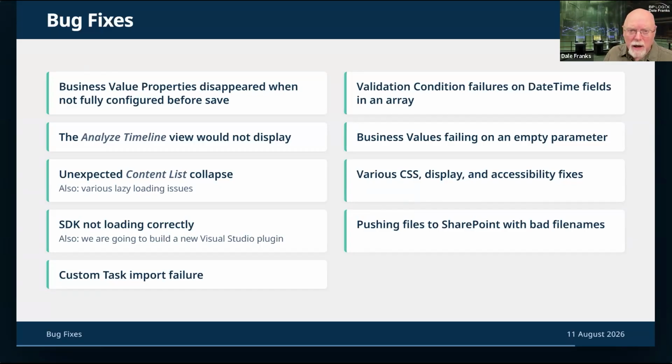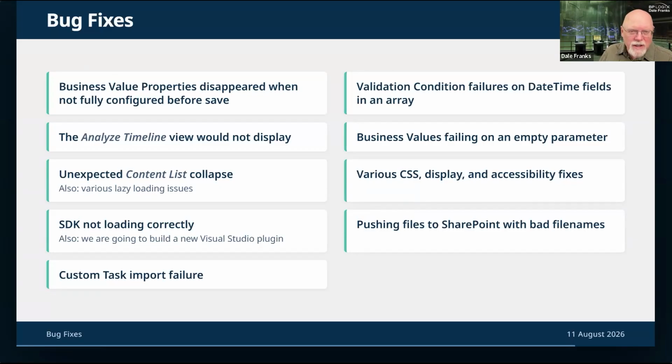Part of this is because of the new lazy loading that we have implemented for systems that do have very large content lists. If your content list is small enough, we just load the entire thing into memory and it's always there. It never causes a problem. But for very large content lists, it does cause a problem. And so we're more selective about when we load those content list items.